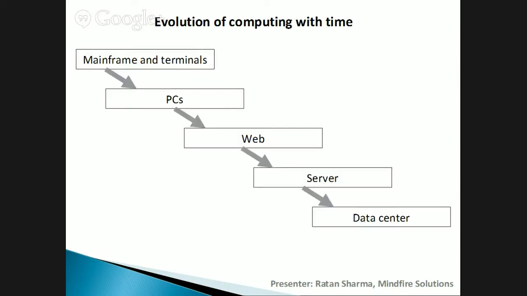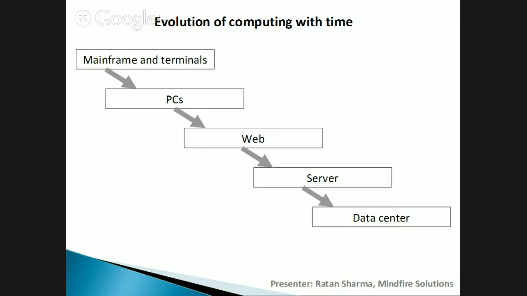Before going to the demos, I'll go through some basics on the cloud. This is what I've created in terms of a layout and evolution of computing with time. The first one you can see is the mainframe and terminals. In the initial days, around 1970, the mainframe was the computer that people used, and they were not able to have one computer per person. It was very costly, and for any research work or education purpose they used one mainframe and multiple users used it. So it was a many-to-one relationship in terms of users to computer.